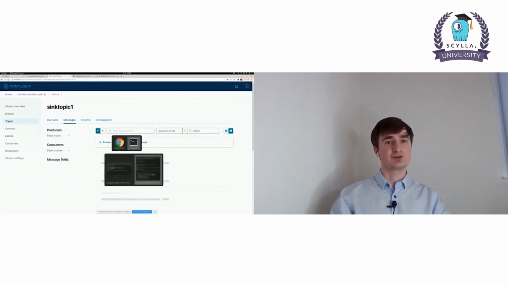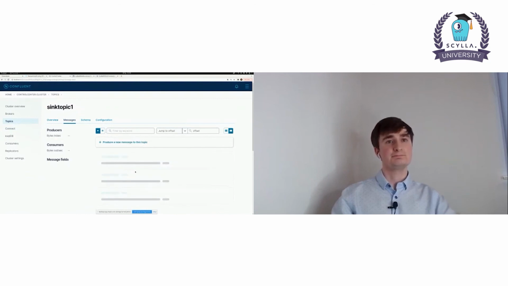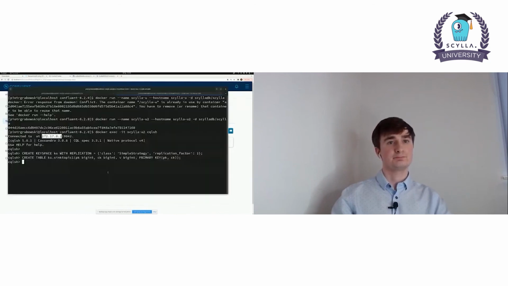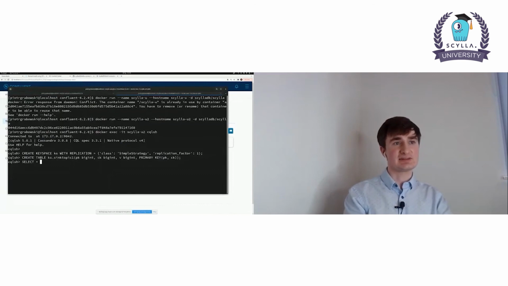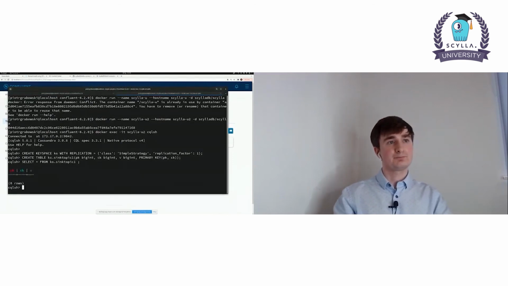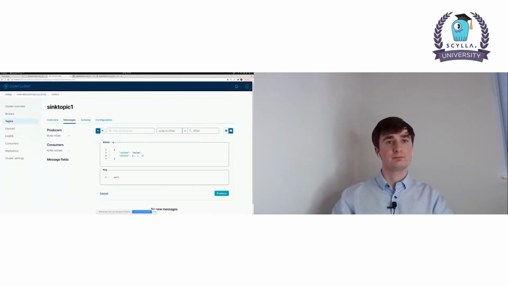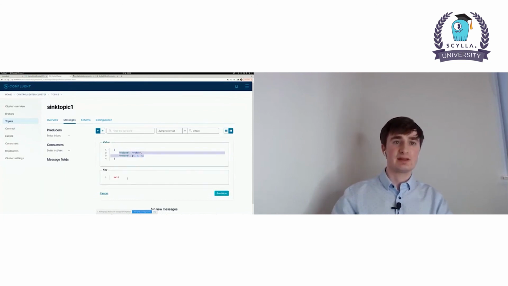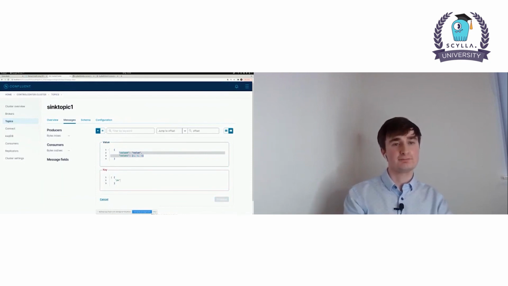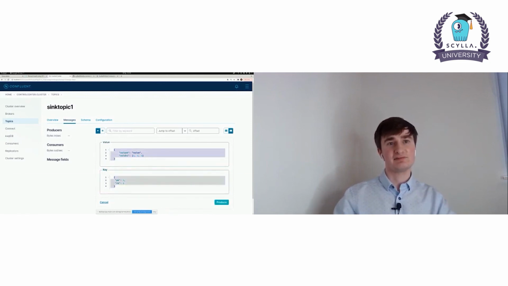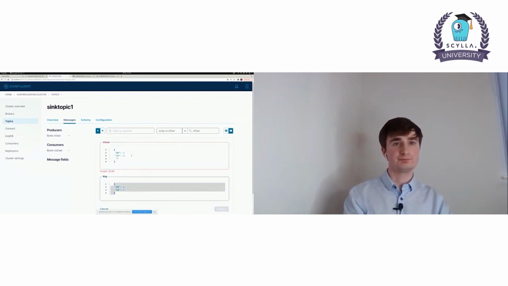So let's go back to Scylla. And as you can see, the table we have created is empty. But if we create a Kafka message, as the key, it will have the primary key of the Scylla table. And as a value, it will have the entire row.